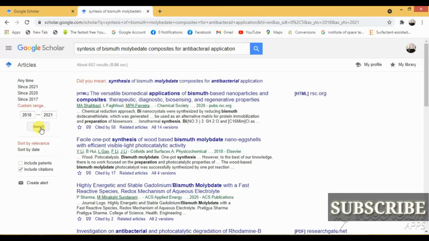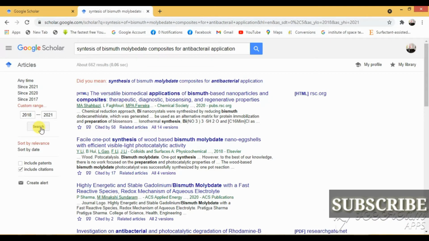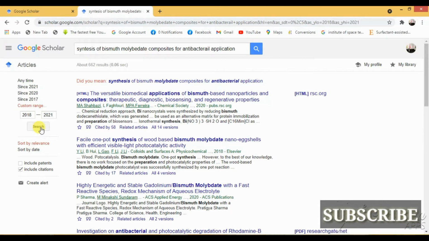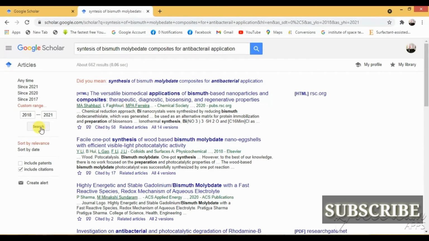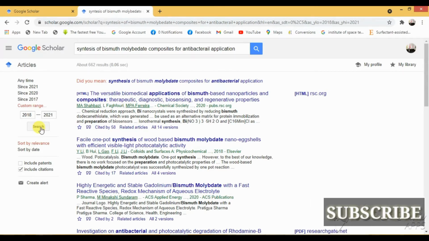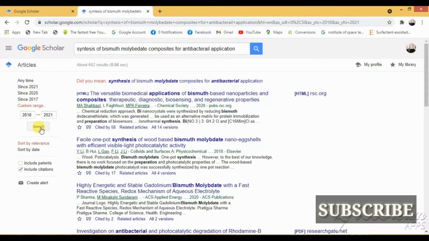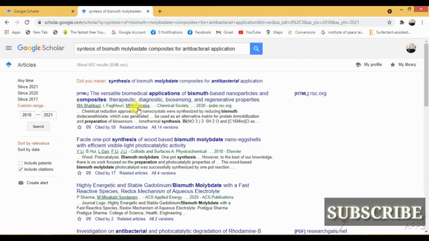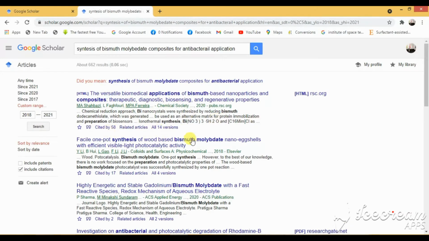If you are writing any review article, then definitely you need more and more literature in detail related to your topic, related to your field. And if you are writing a thesis, research paper, or research proposal, then you have to download the latest or more cited and more needed work. Then check the top citations of the paper and click on the related work. So here I will check the top citations.